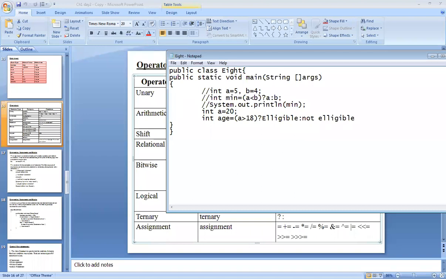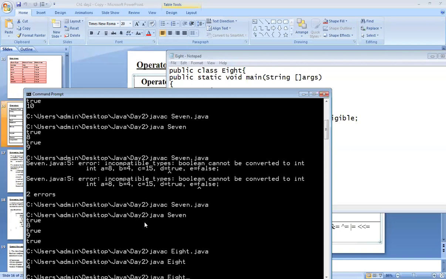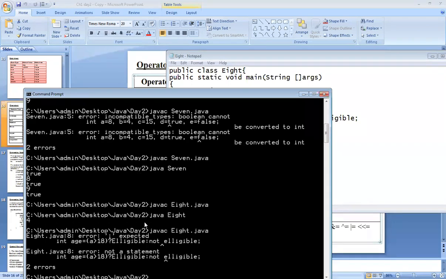I'm purposefully showing you such types of errors because you should be able to find out the errors and evaluate them. So I have purposefully written here an integer. Now see what happened. Okay, have you seen this error? Yes, ma'am. Okay.